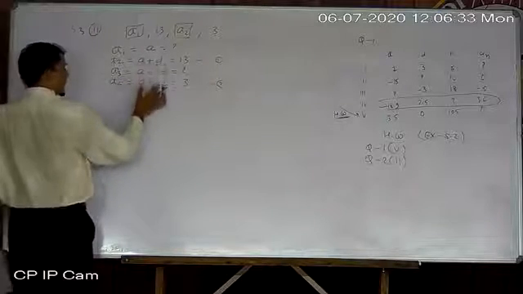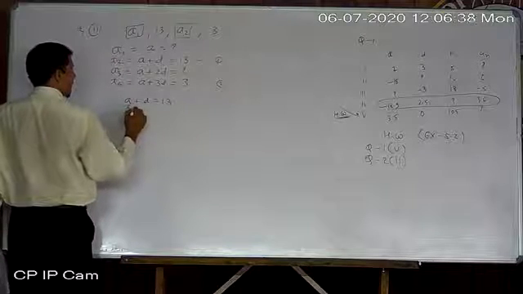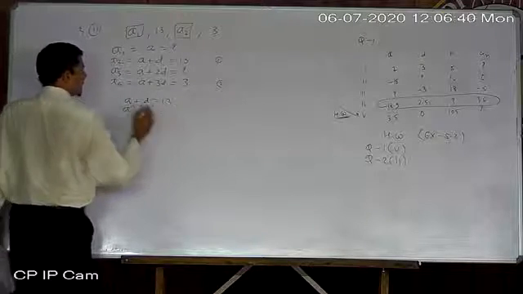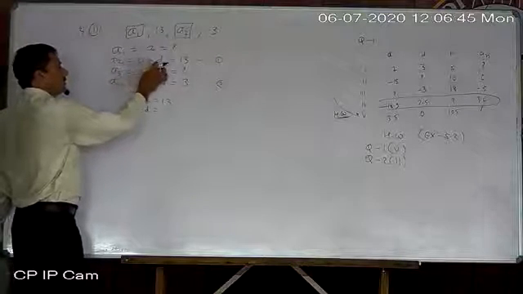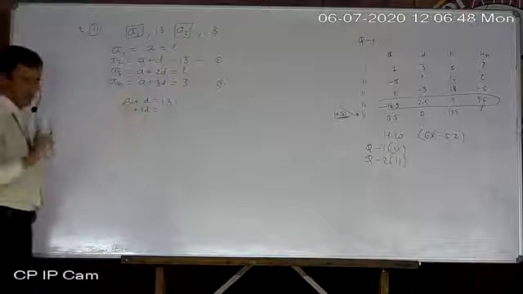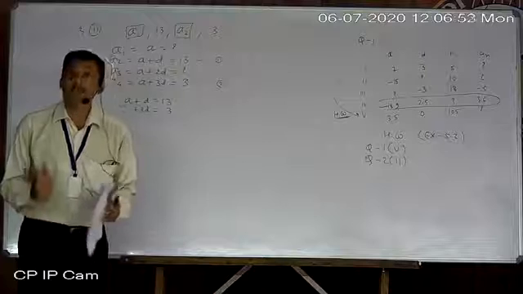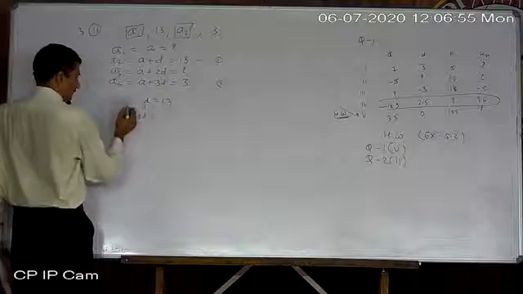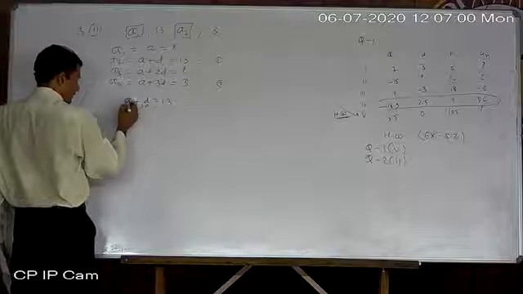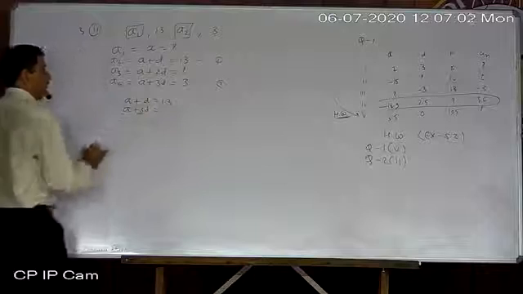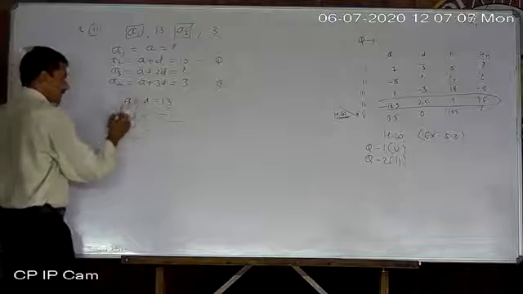A plus D equal to 13, A plus 3D equal to 3. Why? Because in this equation we have neither A nor D, so we cannot solve a single equation. Simultaneously we have to solve both equations at a time by the elimination method. In the elimination method one variable should be eliminated. So now subtract, the second equation from the first one.